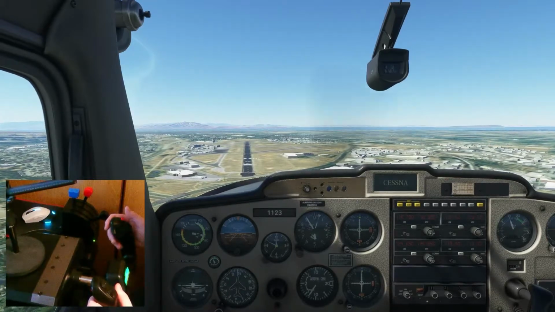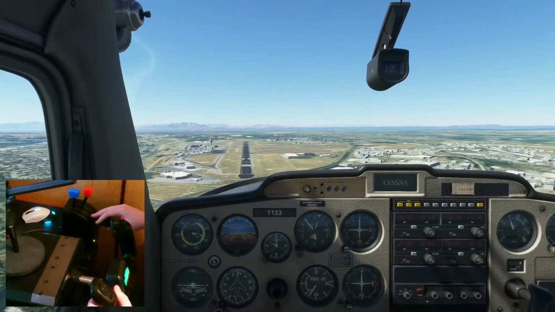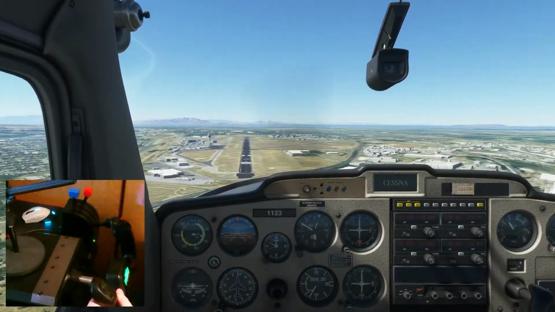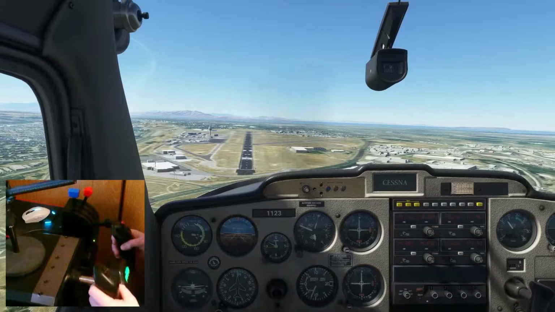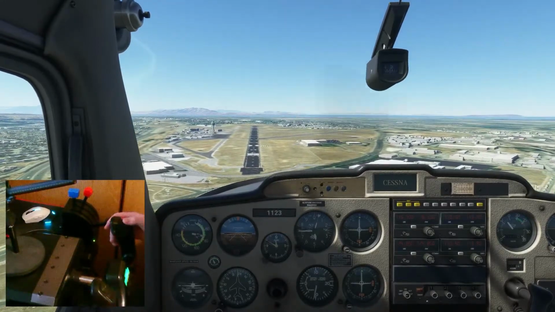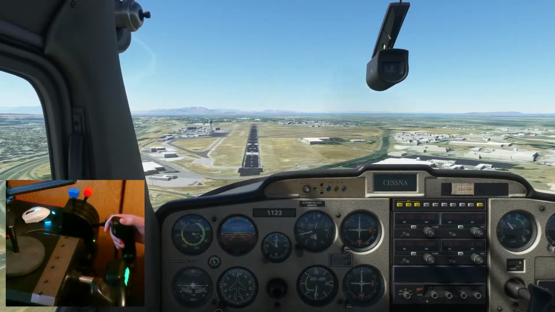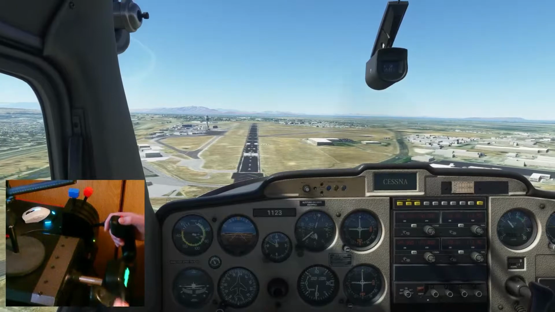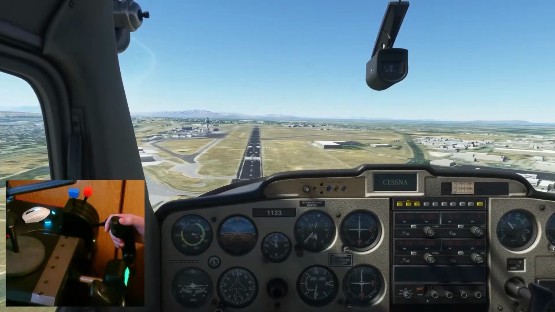We're coming in a little bit high, but that's okay. We don't need the full runway to stop because we're not going to be stopping. We're actually just going to be touching the runway and then taking off again. You would do a touch and go in a real life situation usually for training pilots and possibly for